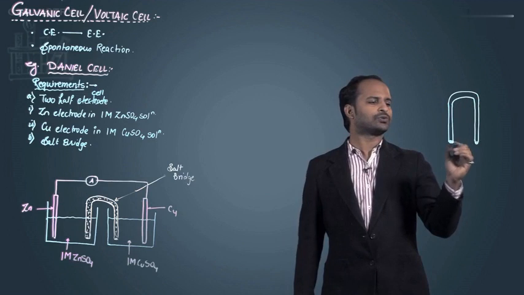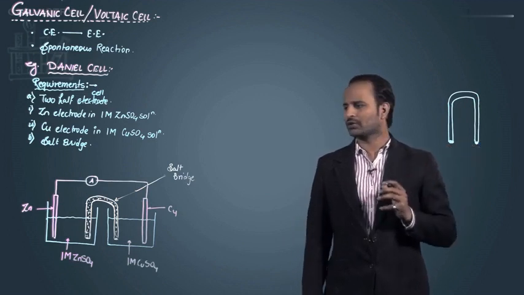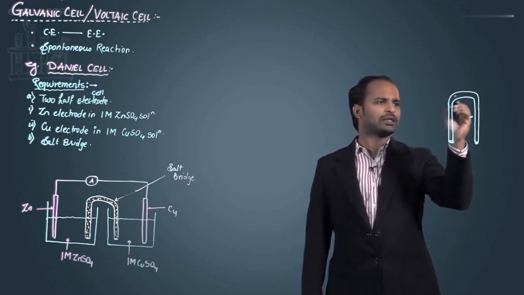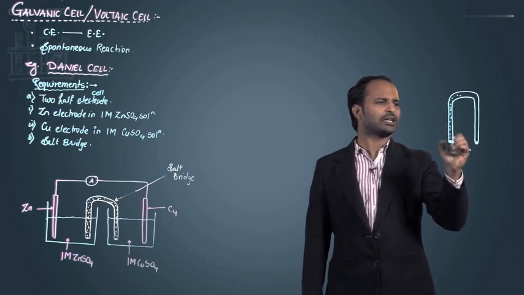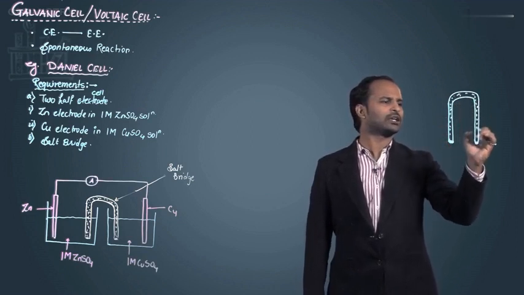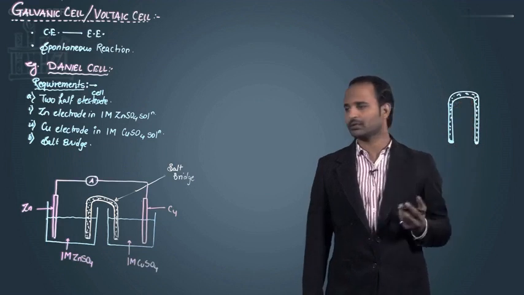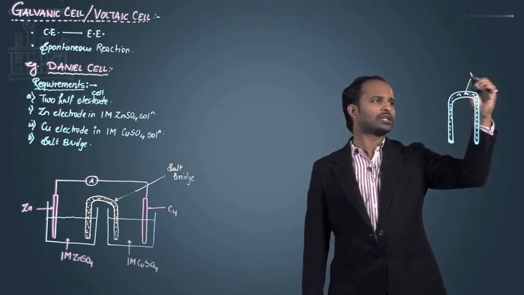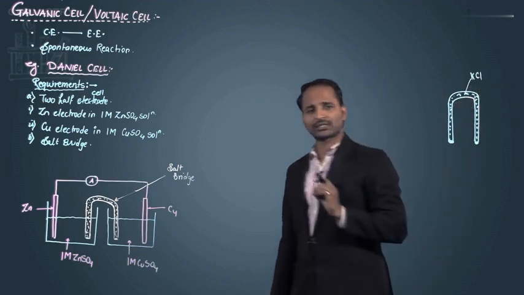This is an inverted U-shaped glass tube which is plugged with cotton or wool, and then it is filled with some electrolyte. That electrolyte may be KCl, or KNO3, or maybe ammonium nitrate, anything. Here, the electrolyte which you are using, suppose I am using KCl, there are some requirements for